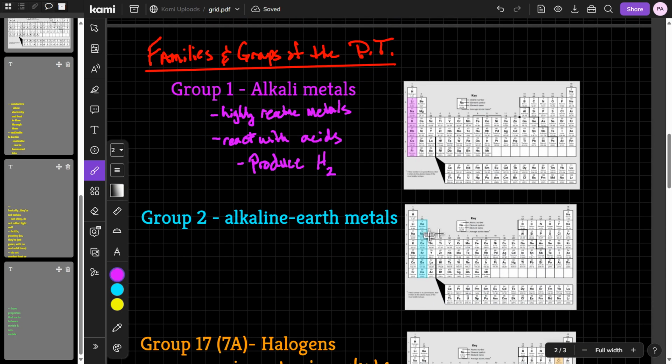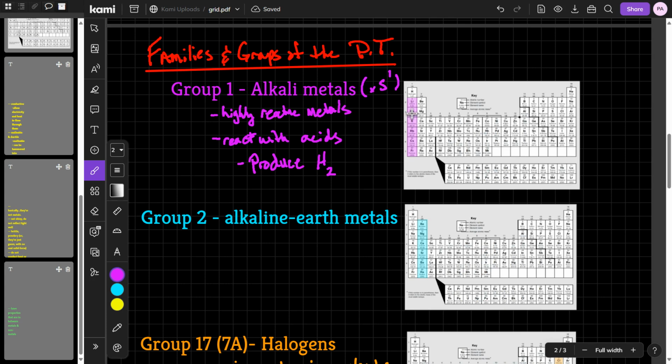Your second column, those are the alkaline earth metals. I don't really have a list of properties for them, but know that they are called the alkaline earth metals. I can tell you that alkali metals, their electron configuration finishes with an s1, so whatever energy level it is, s1. Hydrogen is 1s1, lithium finishes with a 2s1,